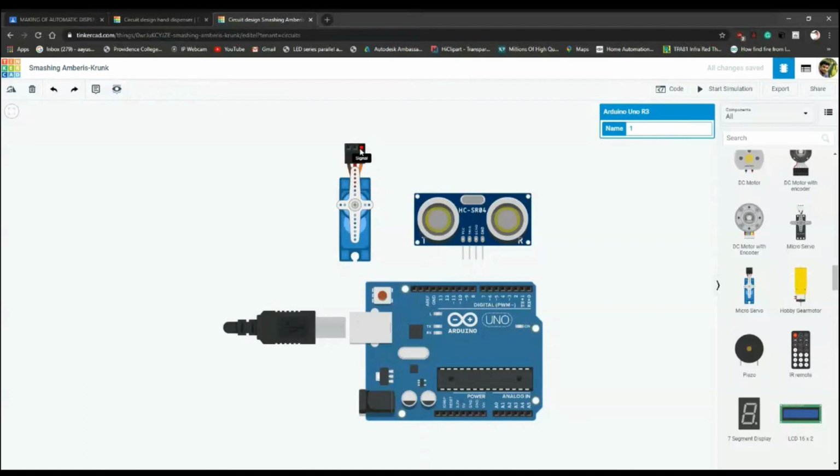See, in each and every place you can just put your mouse over there, you can just hover it over there, and a red spot will be there which you have to click in order to connect the wires. So the wiring, I'm just going to explain it right now.